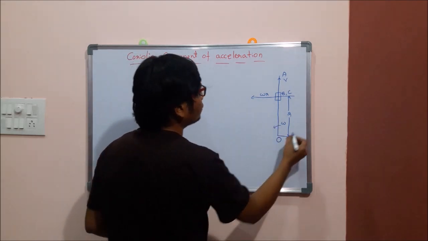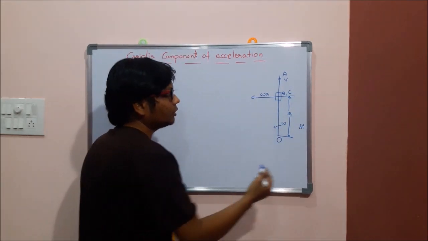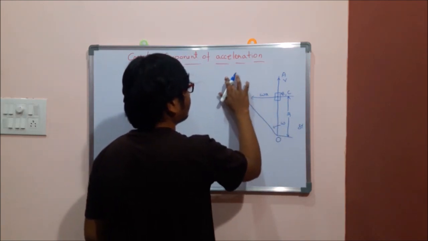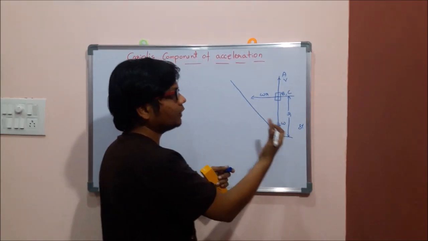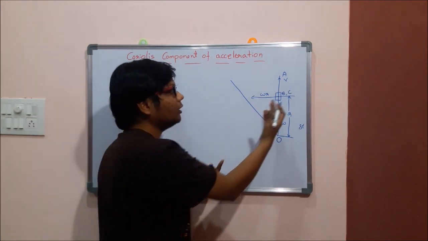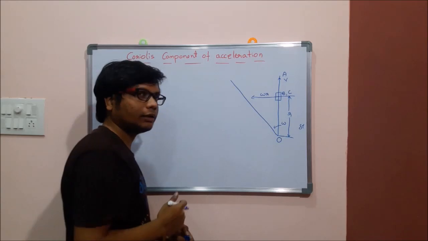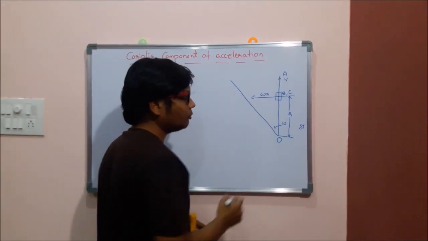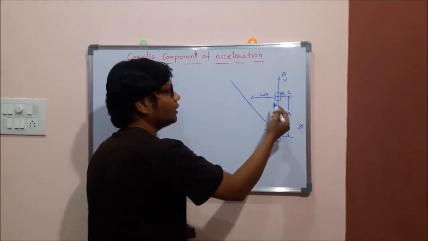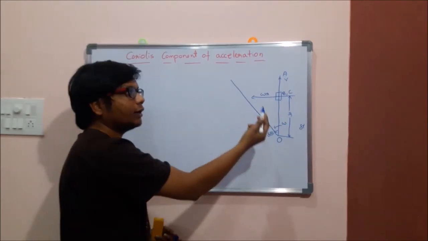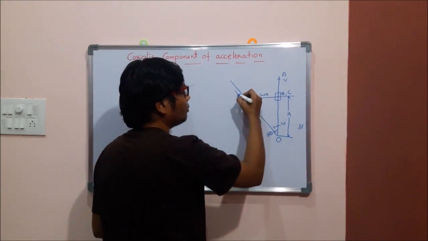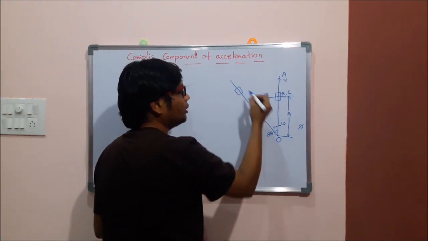After a particular duration of time, delta theta, I am assuming this link has changed its position to a new position. After that time, the slider has slid with respect to the turning pair of the crank. The oscillation of this link OA has taken place and it has reached the new position. Meanwhile, assume it has covered the angle delta theta. Whenever the change in position happens, the slider again moves over the link, that means it has to slide also, so it occupies a new position other than the initial position.